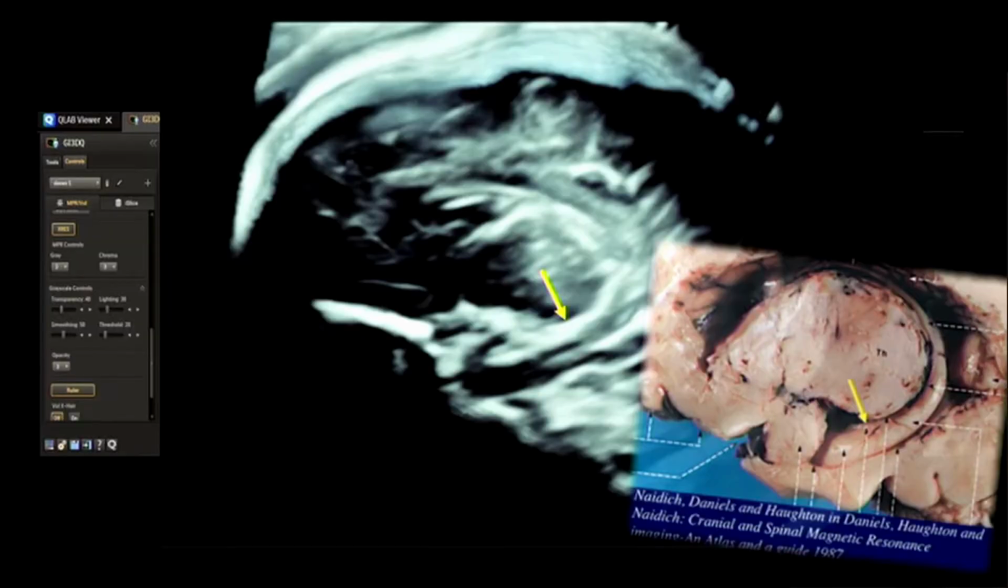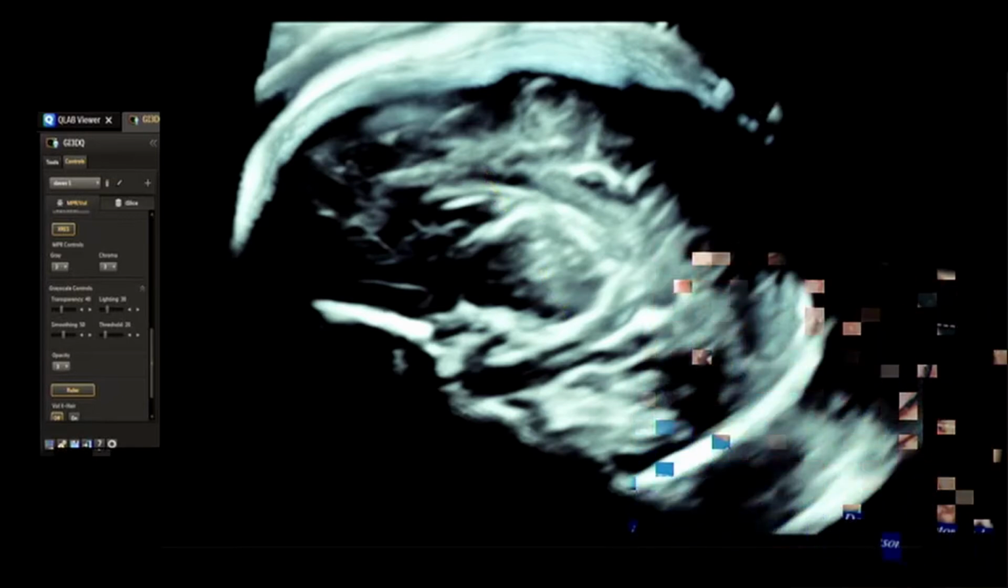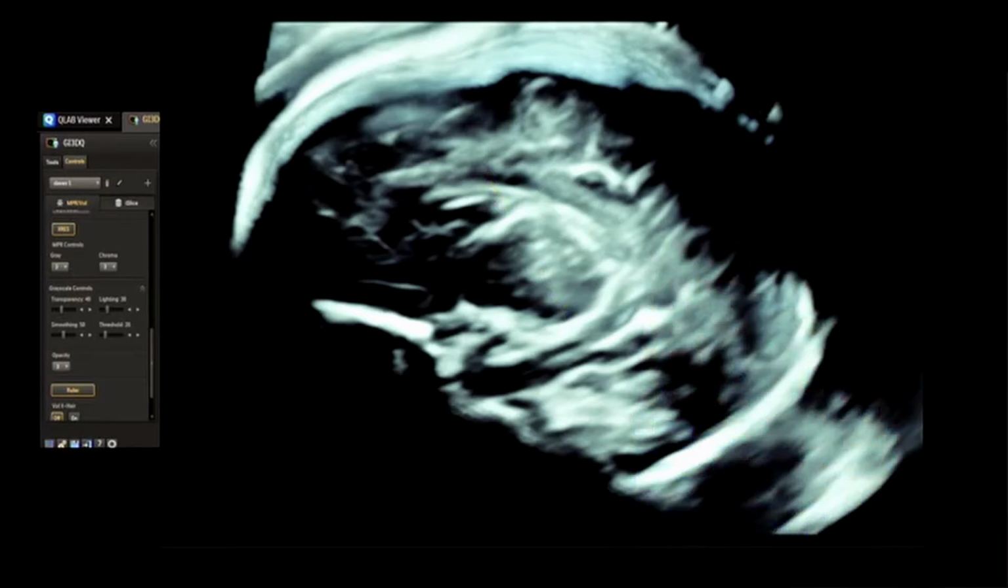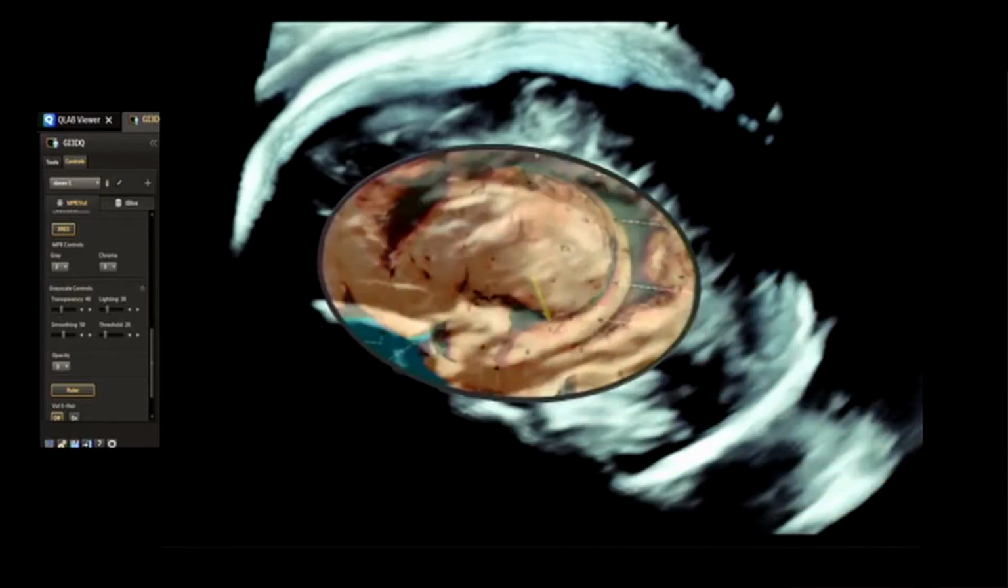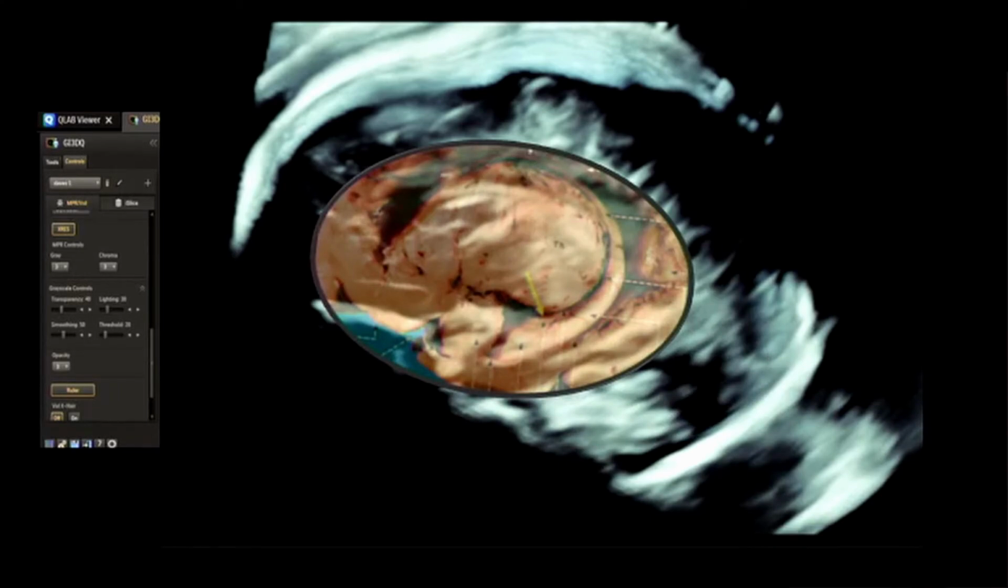Here we're using our QLab to identify the structure of the hippocampus, where the arrow is located, and the curvature of the fornix, where the upper arrow is located. This then can be superimposed to help better identify our understanding